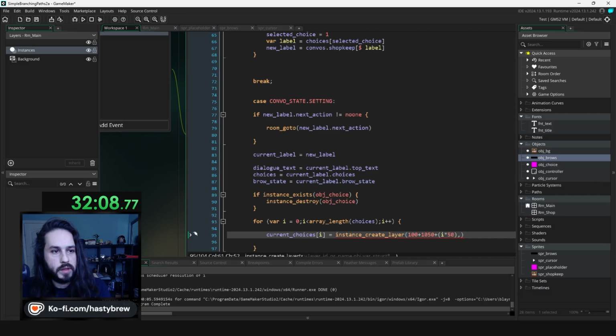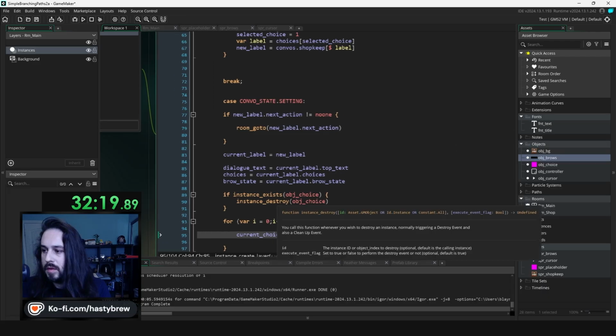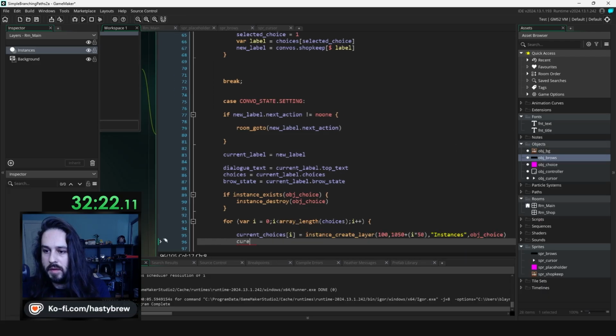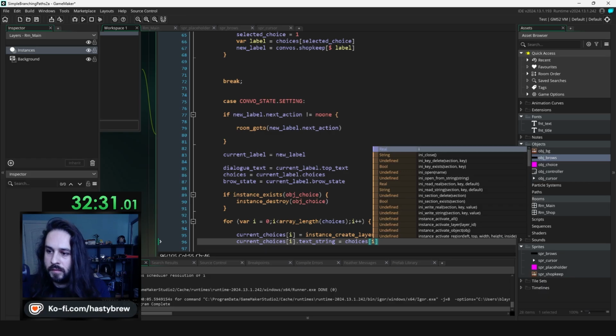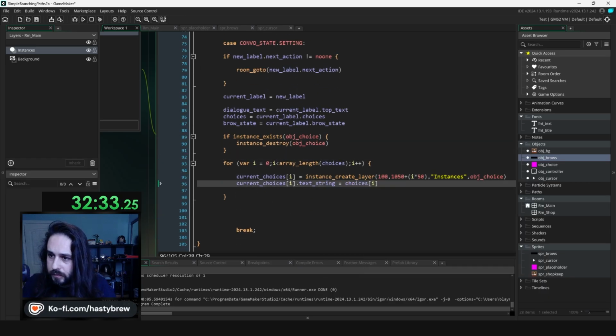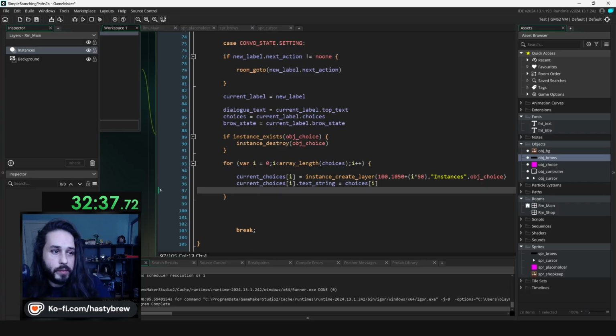Oh, whoops. This is 100 plus 1050 plus i times 50. And that's just to make it go down in rows. And yeah, we set the text string to whatever the string is in the array. And then finally,